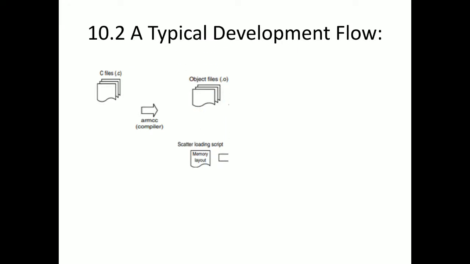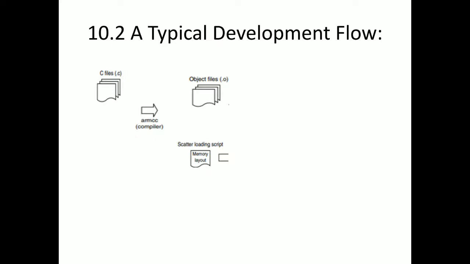Usually in C programming, we write a C file, do the compilation, the object file is generated, then perform the linking, and we get an exe file. But here in ARM we need to map to the memory. We need to map whatever variables we are using in the program, whatever functions we are using, and the parameters. All these variables, global or local, we need to map to the memory.